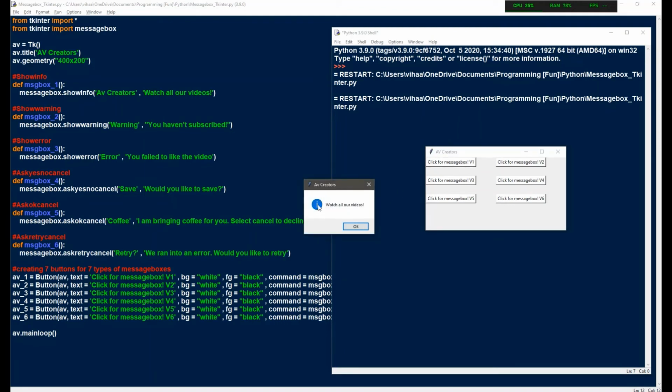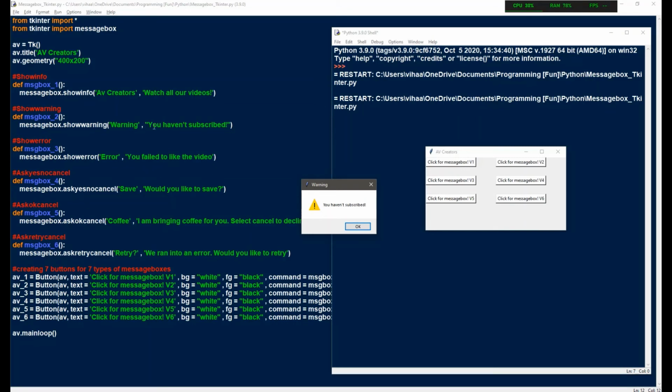So for info, we have this eye icon right here, and the title content is rightly put in there. So let's click OK and move to the next one. Version 2 was warning. So it shows this warning triangle in yellow with an exclamation mark in black.